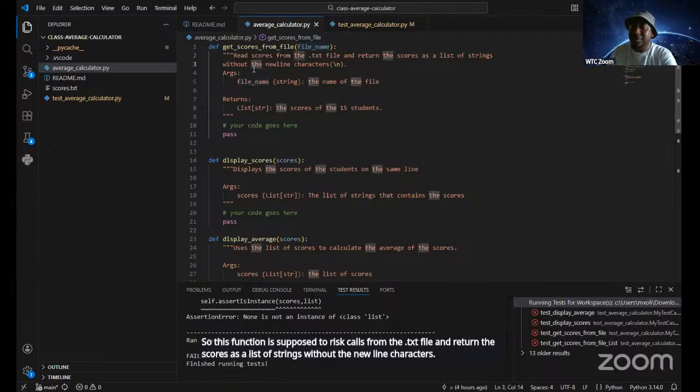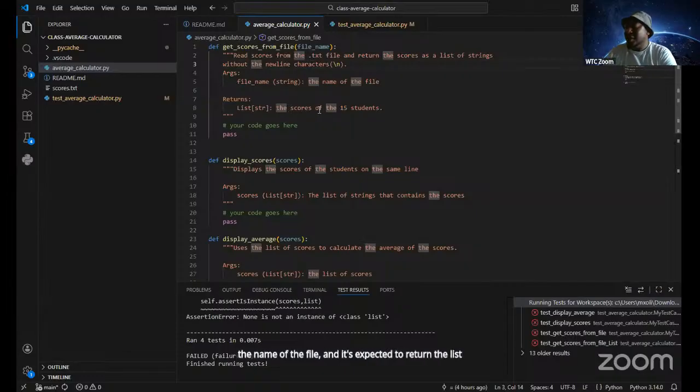The argument is once again the file name, and it's expected to return the list of the scores of the 15 students.